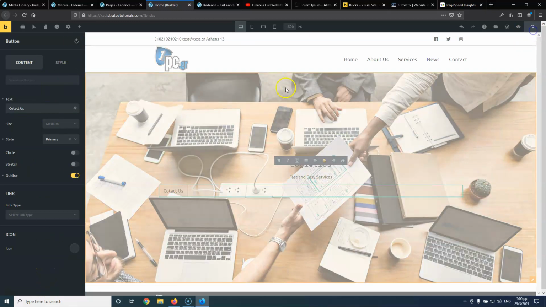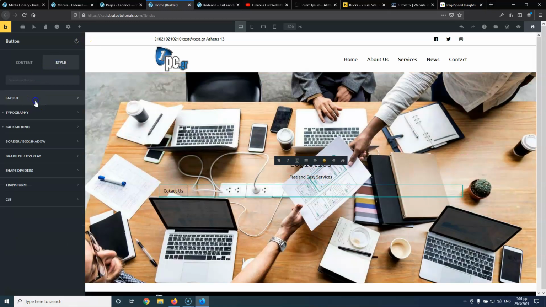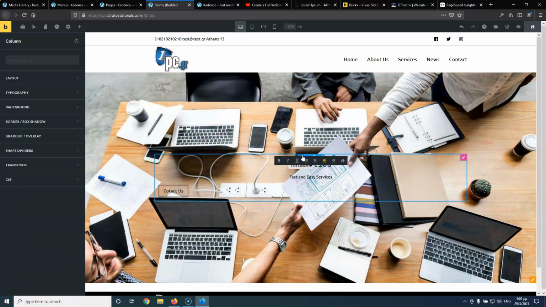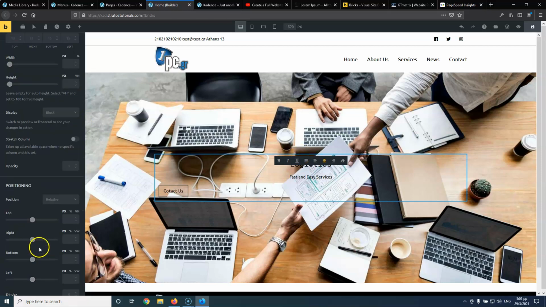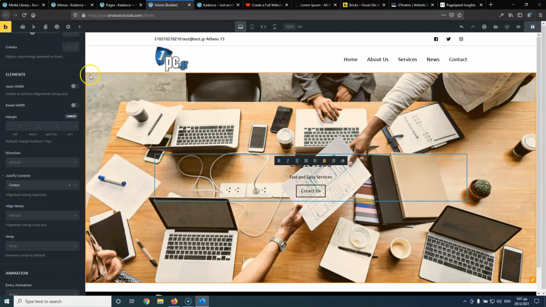Let's say that. And now let's double-click the button to see if I can align that in the middle with another way, except of the one that I know already. I don't see that I can do anything else, so I can go and select the style and select layout and select here to be auto width. Okay, once I do that, I can go into the column, and this is all applied everywhere. I don't know why. I have maybe to refresh the page, and let's go and select the layout and select everywhere in the column to be in the center. Okay, let's save that